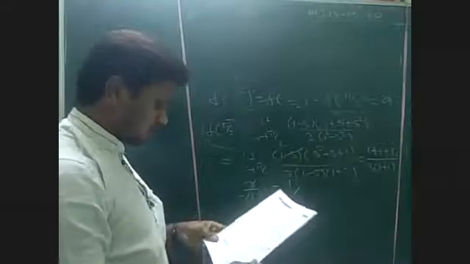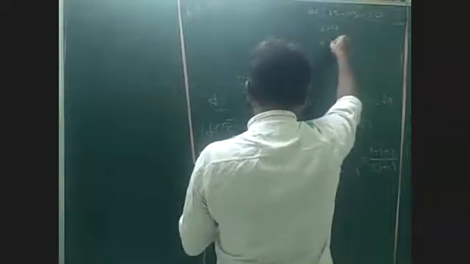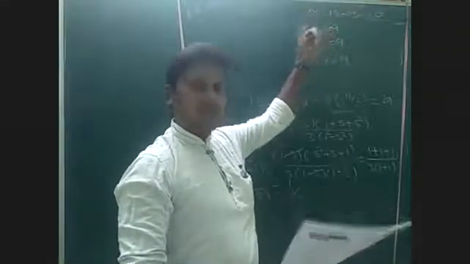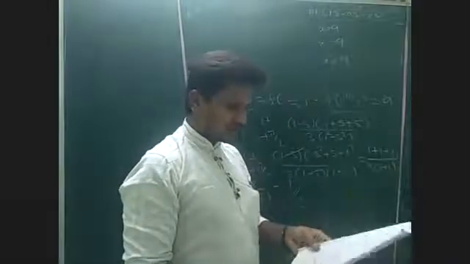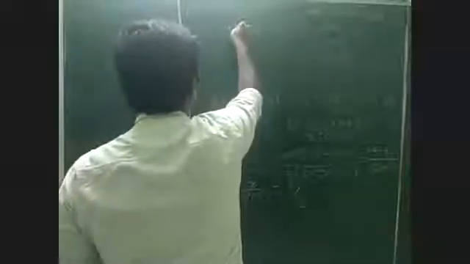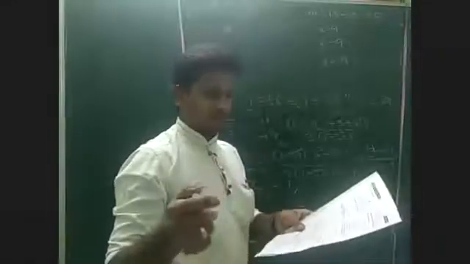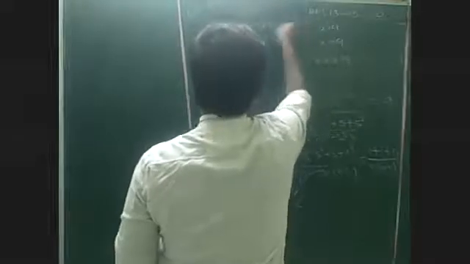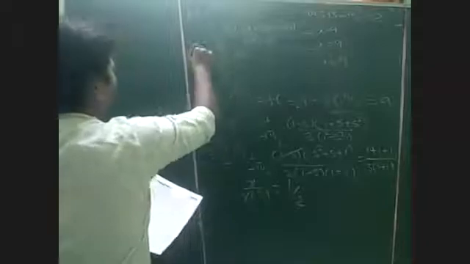In the 11th question, the function is given for x greater than 9, x equal to 9, and x less than 9. The particular value is 9. At 9, the function is continuous. They have clearly given that it is continuous, so here we need to find the a comma b values. The first one is a. x square minus 15x plus 56 can be written as x minus 7 into x minus 8. Is it clear? Divided by modulus x minus 8. At x equal to 9, the function value is b.